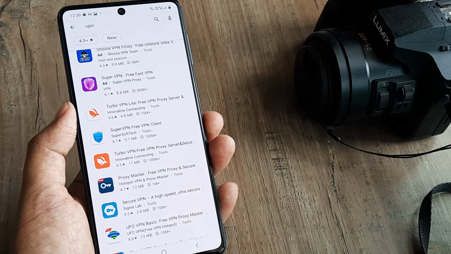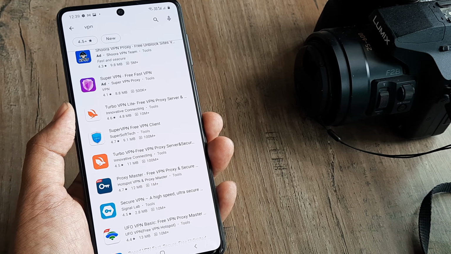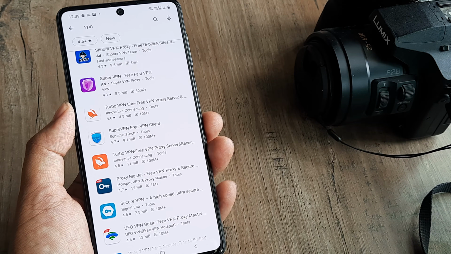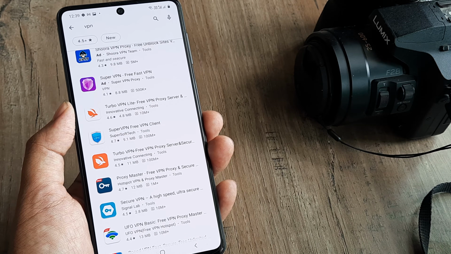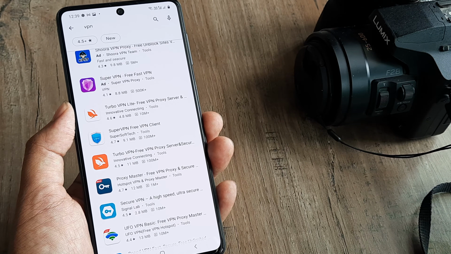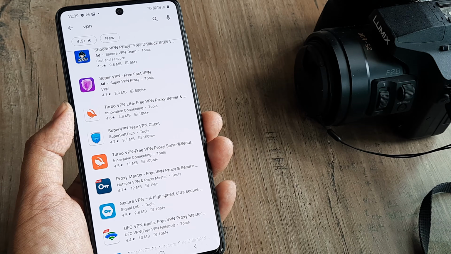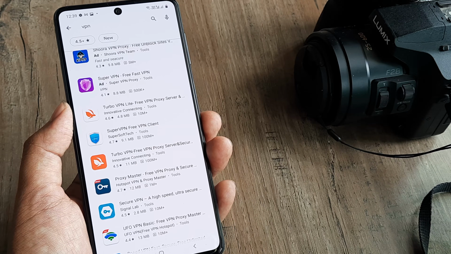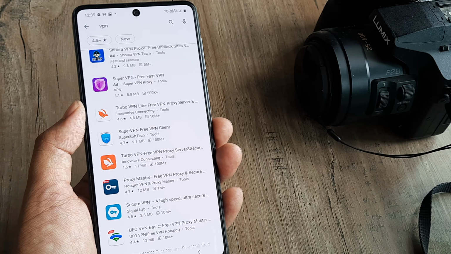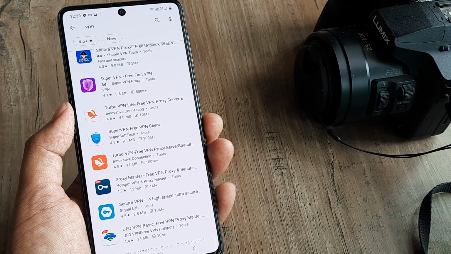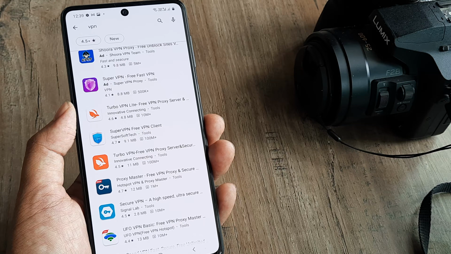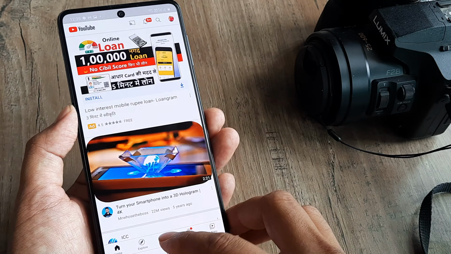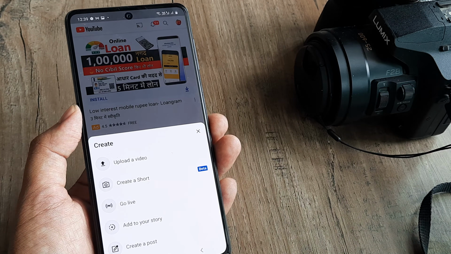We have actually shown in another tutorial how to use these virtual private networks. They will open up again the Chrome browser, again the Play Store, but from within the VPN. And from there you can even select the server. So you can select the server which is in India and then connect to the Play Store. Then you will be able to access the exact same thing that we are able to do here in India. That is, when we click on this little plus icon, we get create a short.